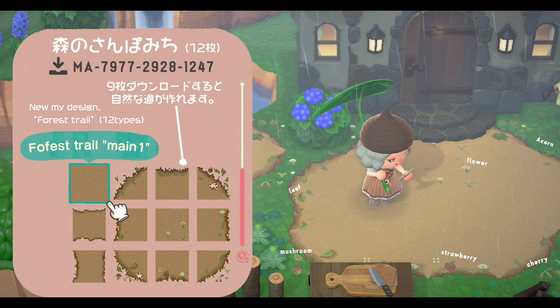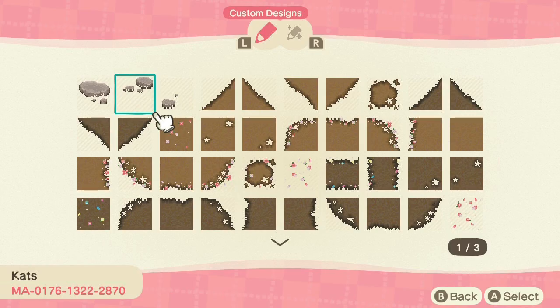Some variations of the paths are quite simple and you can just get some with a few flowers around the edge. So here's one of them. It's in quite a light shade and it just has a few flowers just around the edges like that. Then you've got this designer who has made similar designs of the path that just has a few different flowers around the edge, but then they are different shades, so you've got slightly darker than the one before,